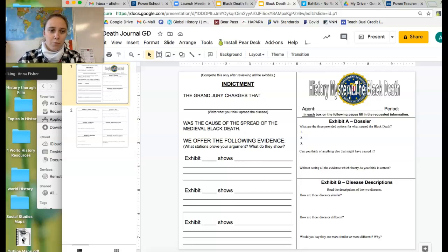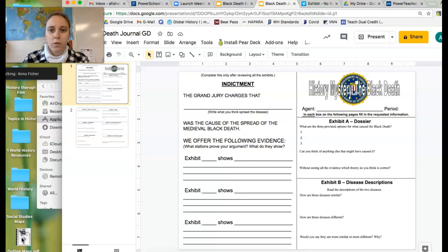We hear everything from that fleas on rats is one of the normal things we hear, but that doesn't explain everything. We hear that maybe it was what they thought at the time is miasma, or bad air, basically germs that spread it. That doesn't answer every question about it. And then a lot of people at the time thought it was God's wrath. Possibilities. So we are going to look into this today.